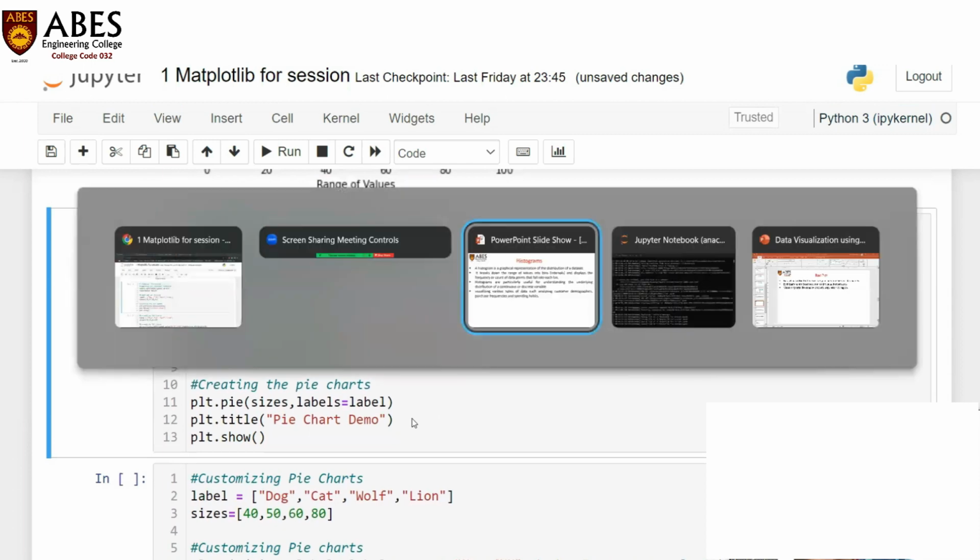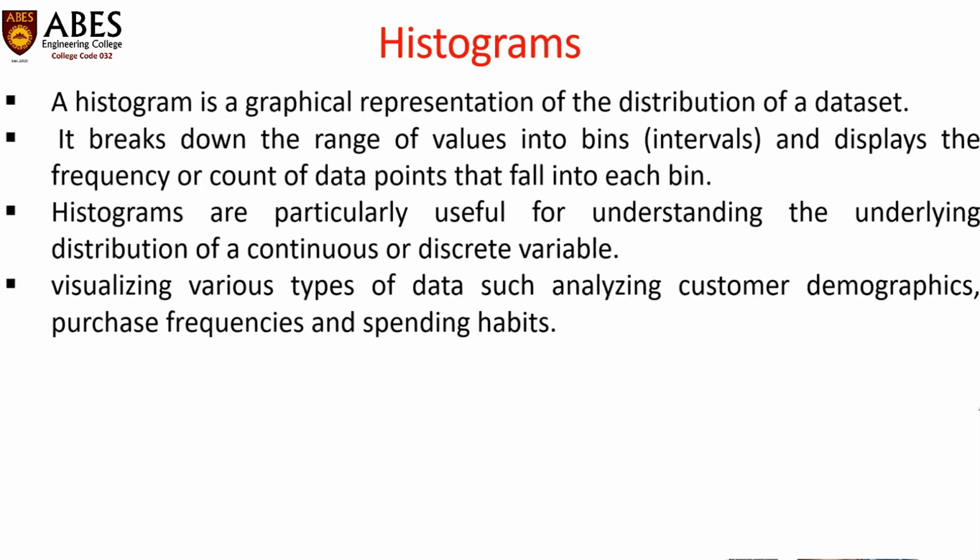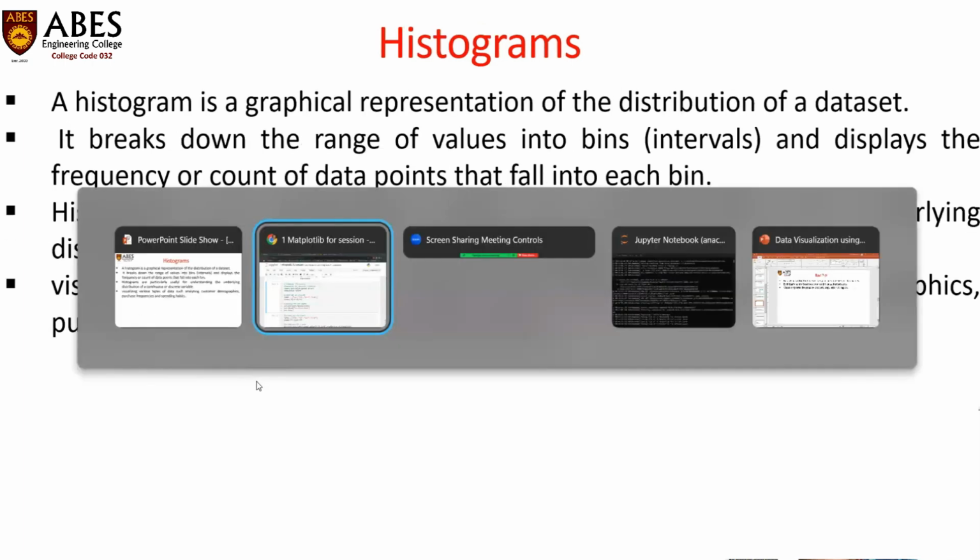Now next is pie charts. A pie chart is a circular data visualization that displays data as a divided circle, where each slice represents a portion of the whole. Pie charts are commonly used to show the distribution of categorical data as a percentage of the whole. Histograms are okay. Now coming to pie chart,